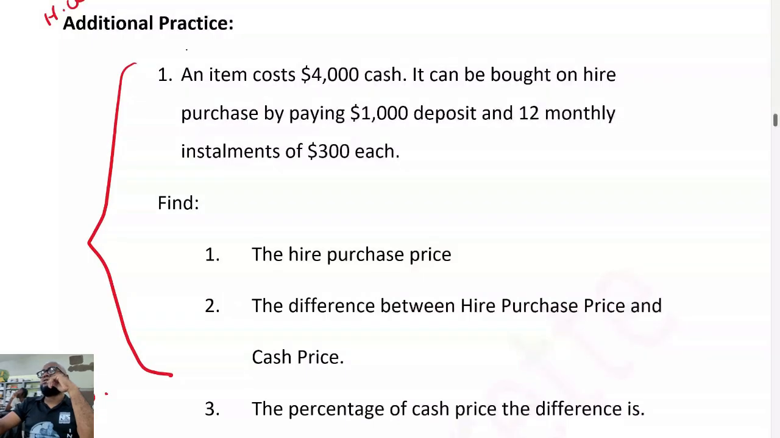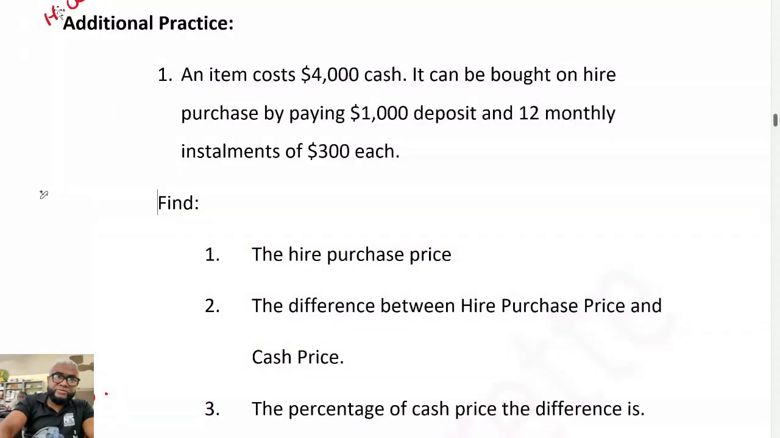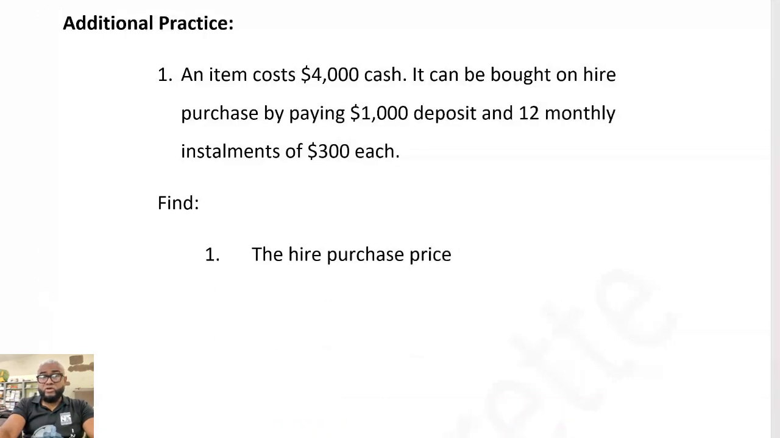Right, so we are going to do the additional practice questions. I'm going to move this so that when I send the worksheet today, they will know it's not homework, right? So an item costs 4,000 cash. It can be bought on hire purchase by paying 1,000 deposit and 12 monthly installments of 300 each, right? So let's go. To find my hire purchase price,